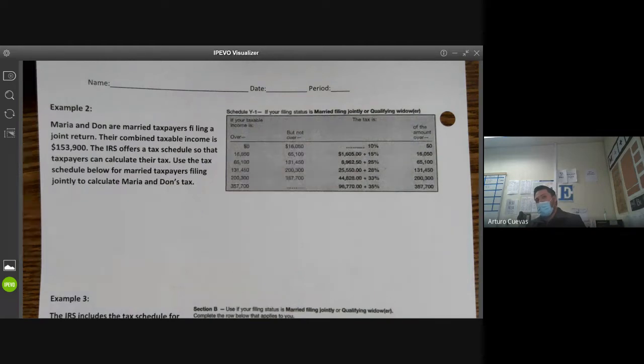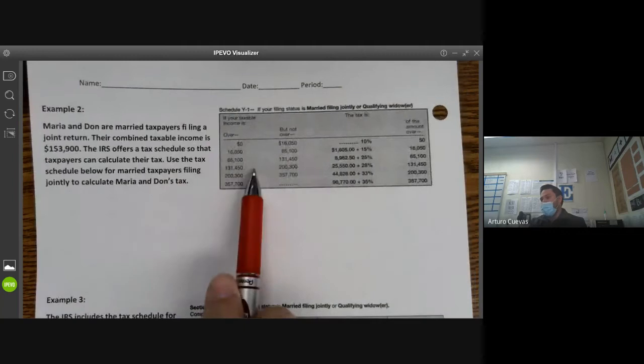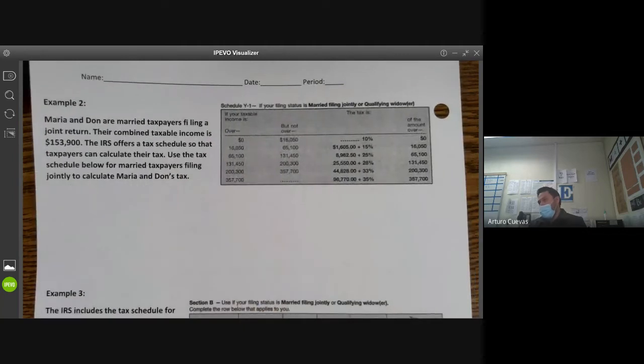Now, if you have a lot of businesses and homes and rental incomes and stuff like that, you probably want to hire someone, and you can afford it anyway. But if you're poor and you want to save every penny you can, you might want to. If you're poor but smart, you can figure it out, right? If you're poor and you don't know how to do it, then you're screwed, right? You're gonna have to pay someone, or not pay your taxes and then get the IRS looking for you.